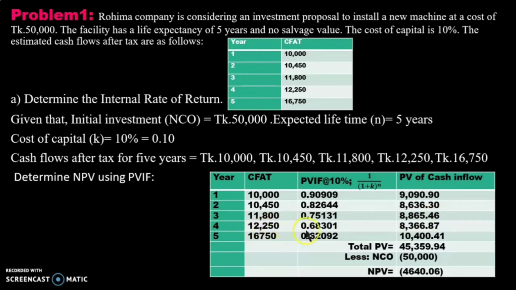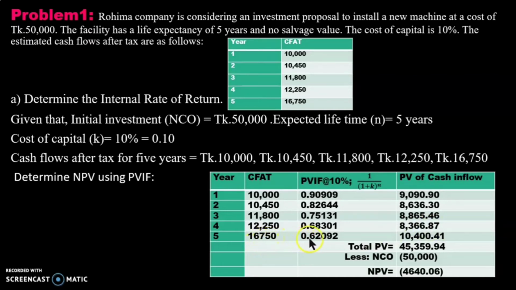12,250 into 0.68301, then we will get the value 8,366.87. And last year